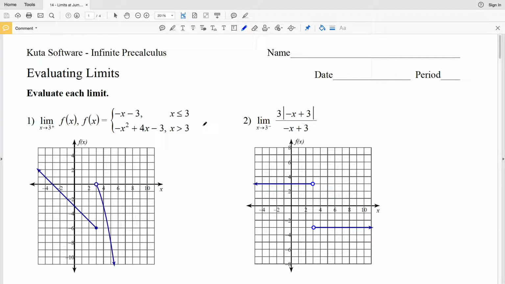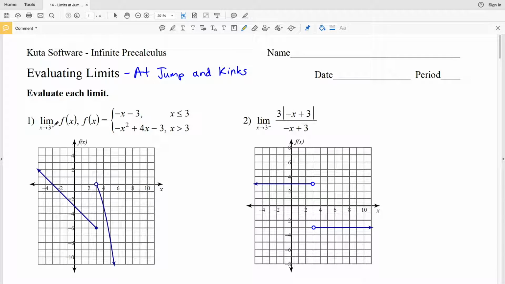In this video, we're going to go over the Kuta Software Infinite Pre-Calculus free worksheet on evaluating limits, at jump discontinuities and kinks. Essentially, one-sided limits. The difference between one-sided limits is that, for example, quickly looking at number 1 and 2,